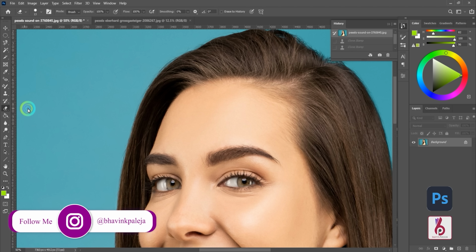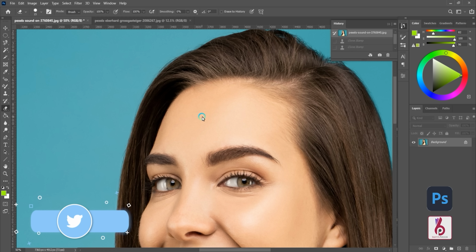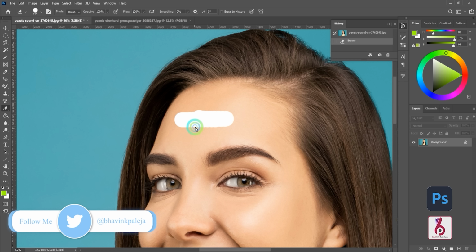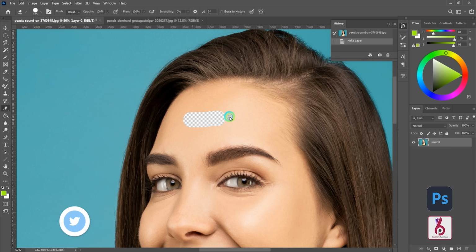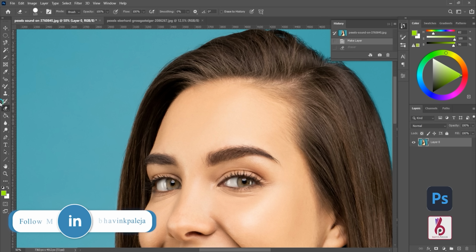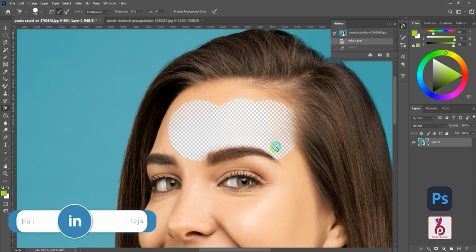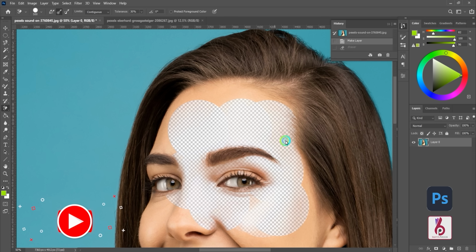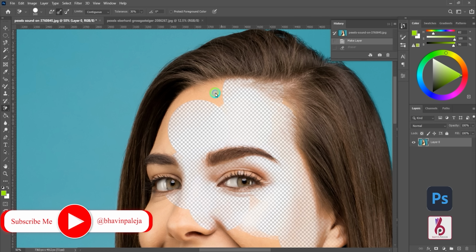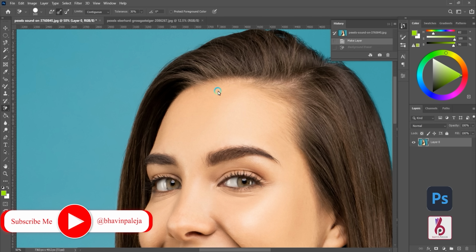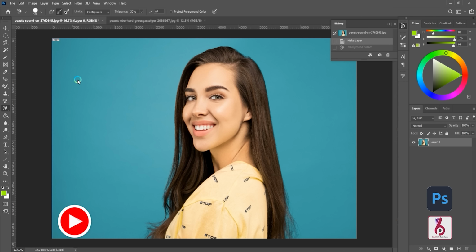After that, there is a special tool known as erasers. There are three kinds of erasers. First is basic eraser, which is used to erase something from the image. Second one is a special kind of eraser which erases one single color or is used to remove backgrounds, known as background eraser. And the last one is similar to the magic wand tool, known as magic eraser.